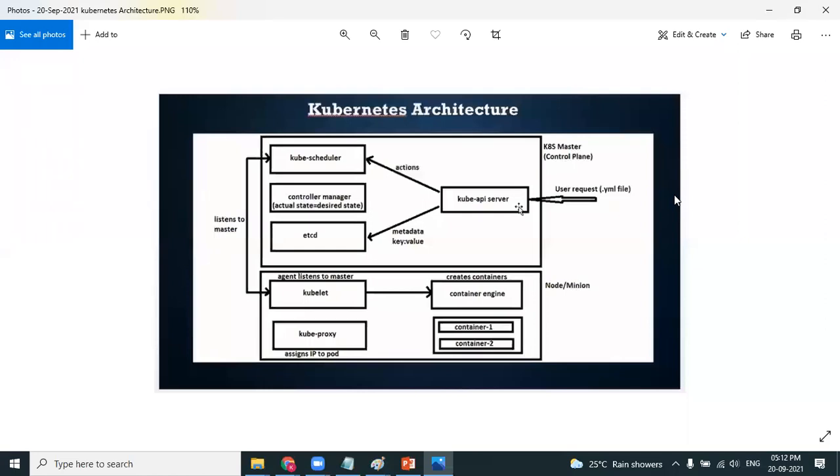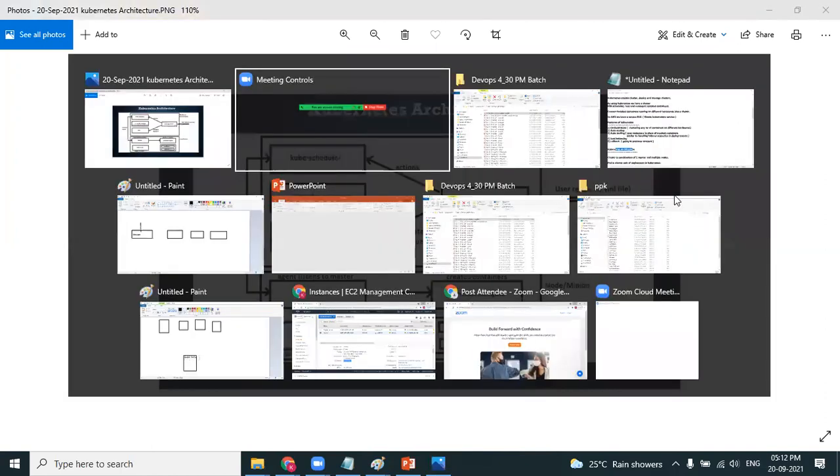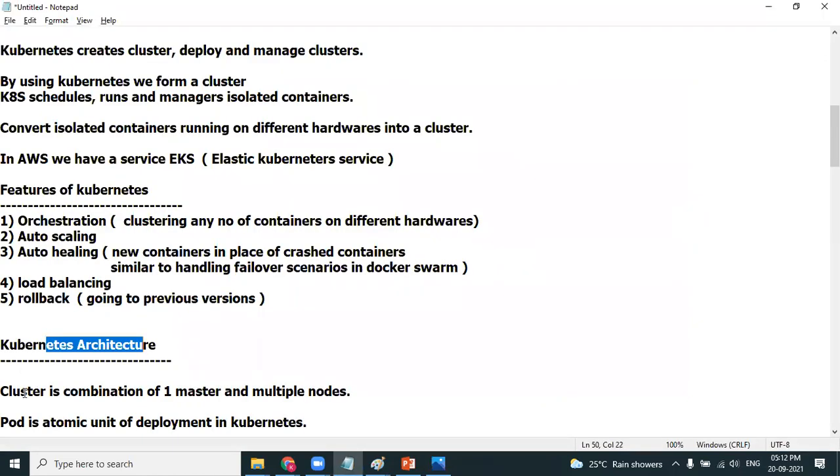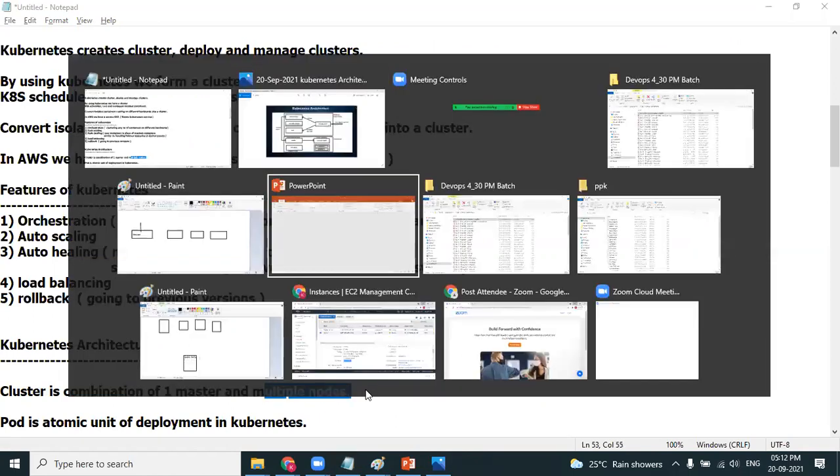This is the Kubernetes architecture. Let's try to understand it, and let's understand each and every component. A cluster is a combination of one master and multiple nodes, isn't it? Right. In Kubernetes,